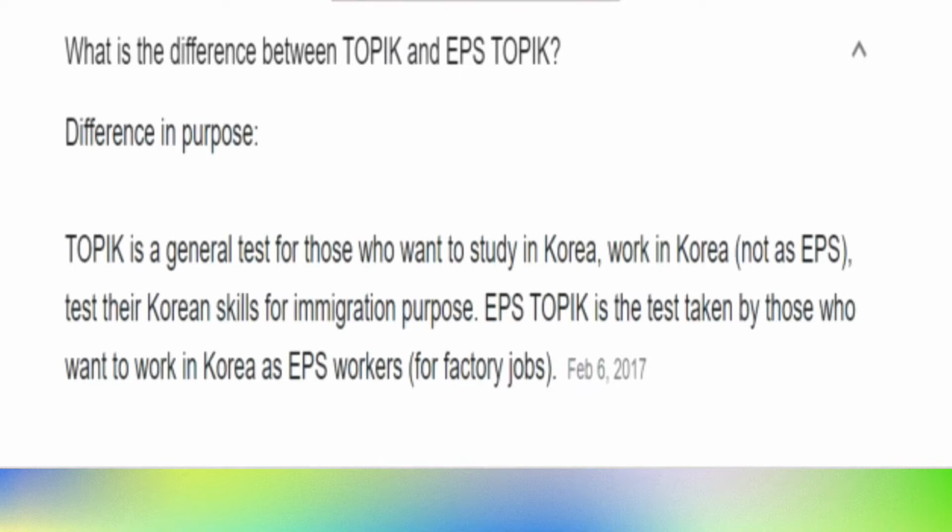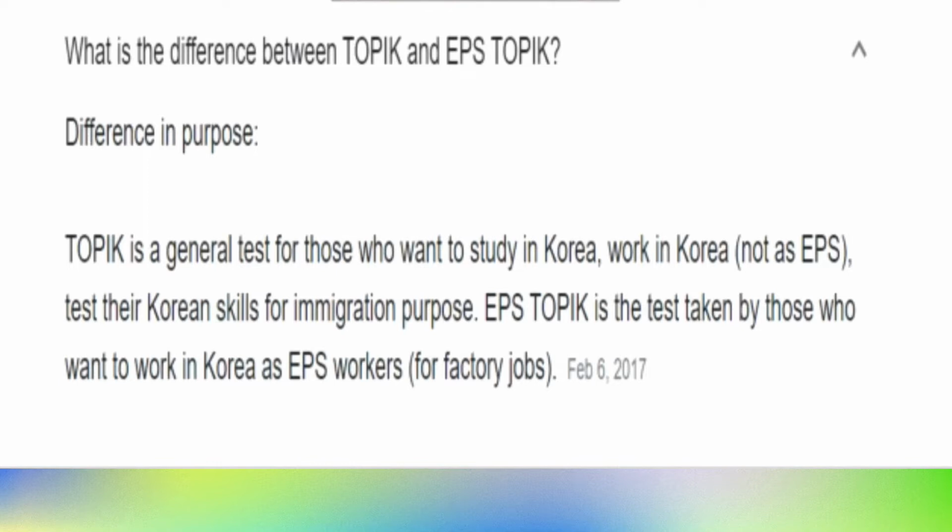Just like sa akin, so nag-take ako ng topic. So halimbawa, mag-apply ako ng work, hinahanapan ako ng topic result. So kung anong level ka, ganun. Ganyan. So, tagal ako nag-take ng topic. Maybe mag 3 years na yata or 4 years na ba yun? Or, hindi ko na, nakalimutan ko na kung kailan yun. Medyo matagal-tagal na. Hanggang level 5 lang ako.